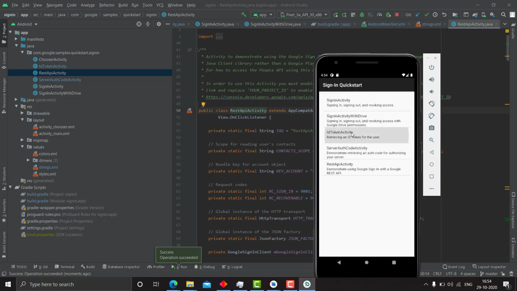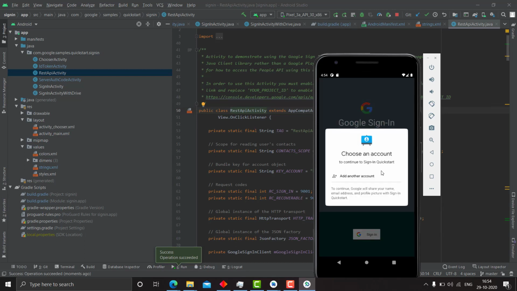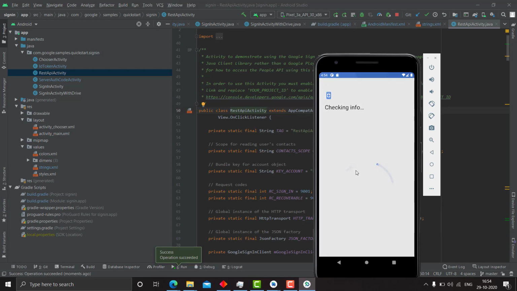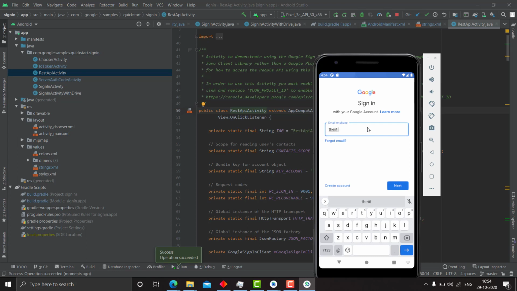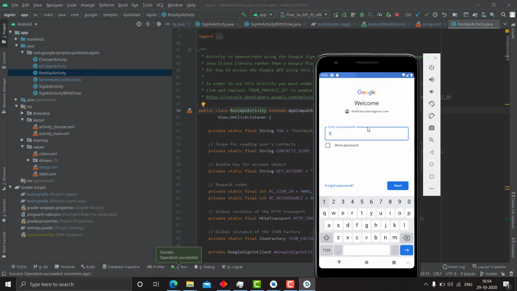So here if you click on ID token activity and then you click on sign in, you can choose an account to be added to this phone. Let me just enter my email, theiencoder@gmail.com. Let me enter my password.